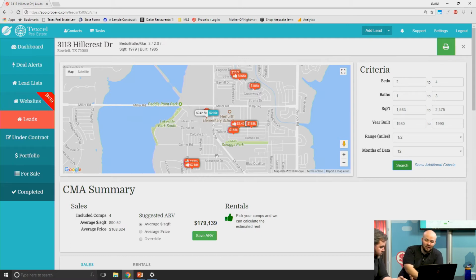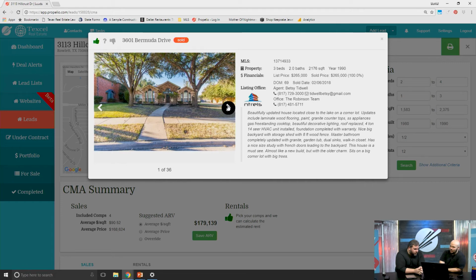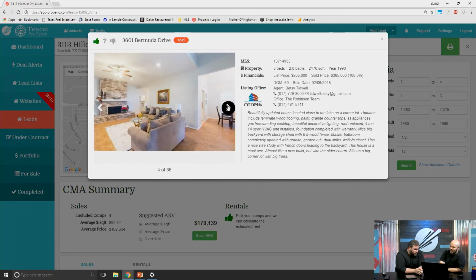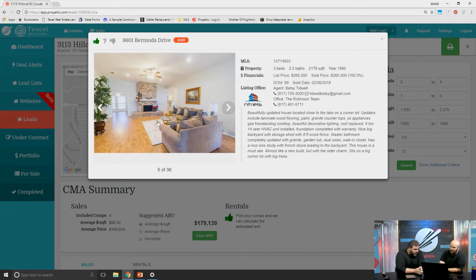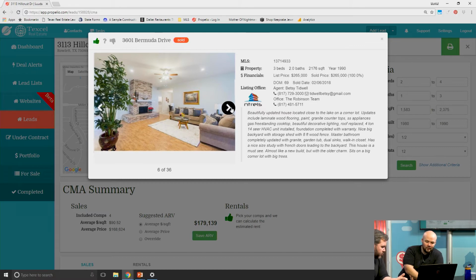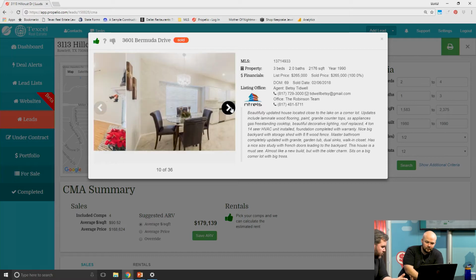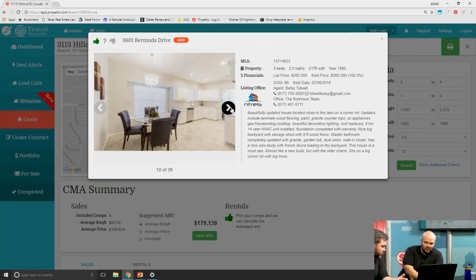So I can start clicking on properties. We had already started out with this one for $265,000. Being a rear entry garage, I might not like that as a comparable, but looking at it, it looks like I have some form of laminate flooring, some recessed lighting. I'm not 100% sure if I'm going to go as far as to call this updated just yet. I'm just scrolling through. It looks like it's been staged, but overall, I'm still struggling to go for the updated feel.